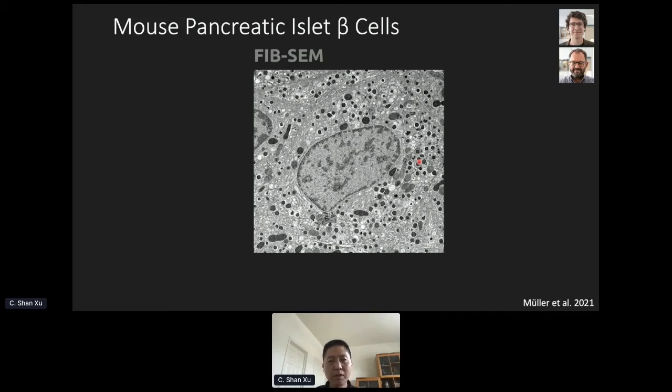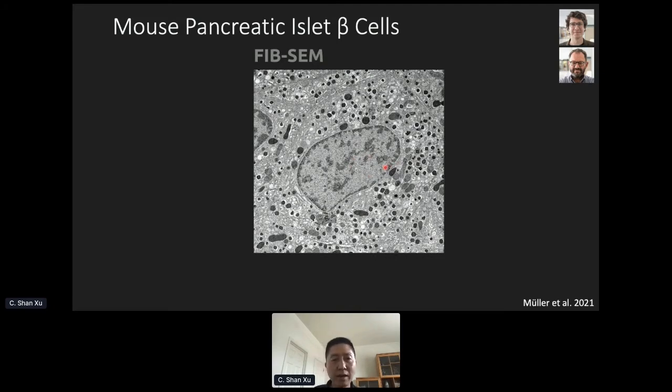One could imagine microtubules can act like transport tracks to pull these secretory granules to the plasma membrane for exocytosis. But it's also possible that a very tightly connected microtubule network hinders the transport of secretory granules at low glucose condition. But somehow this network loosens up at high glucose so that it allows the secretory granules to reach the plasma membrane for release. So to answer this question, we first FIB-SEM imaged multiple beta cells that were prepared by